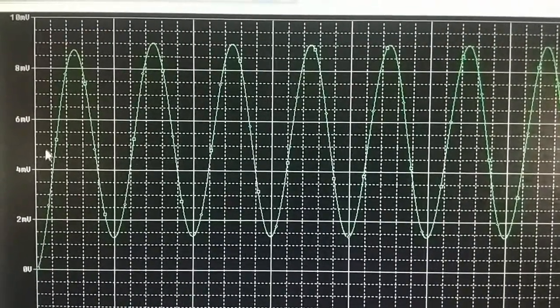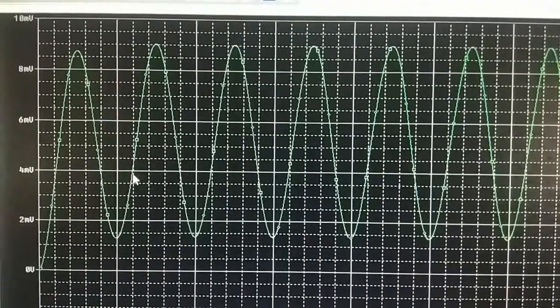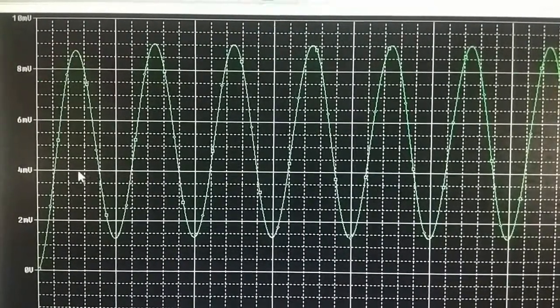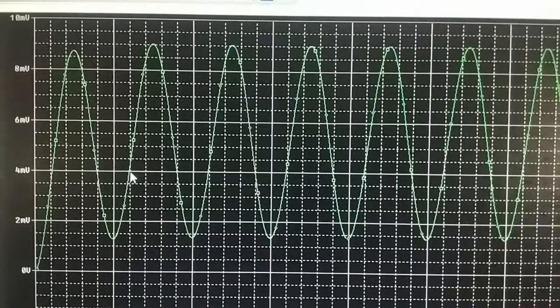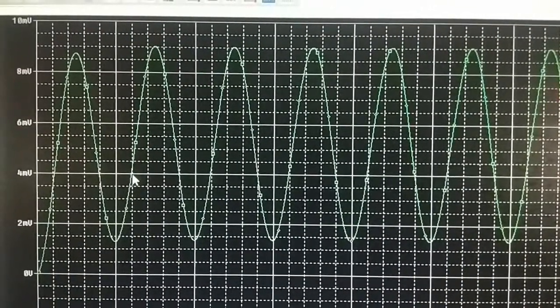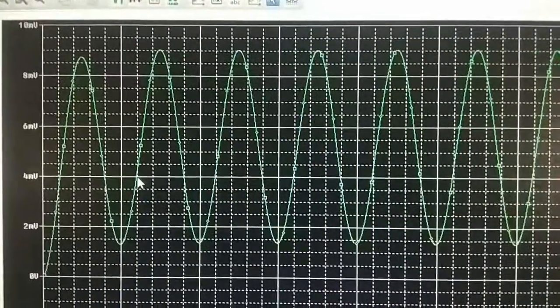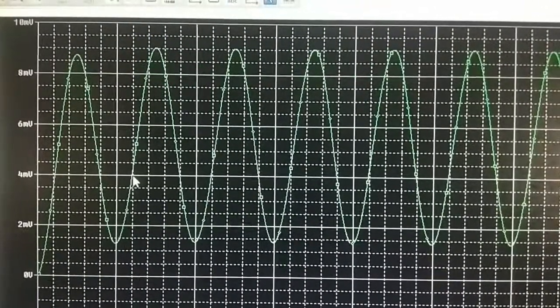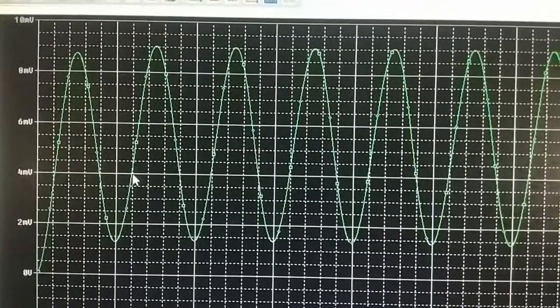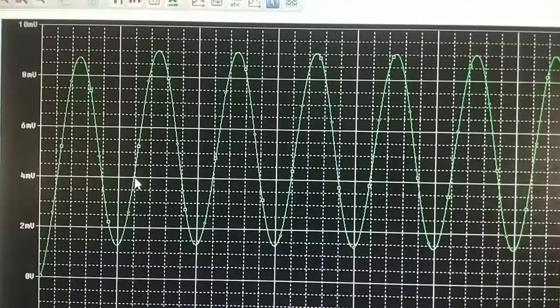If you calculate the frequency by taking one full duration, we can see here around 5 milliseconds. So the frequency is 1/5 milliseconds, which is around 50 hertz of frequency being generated. Thank you.